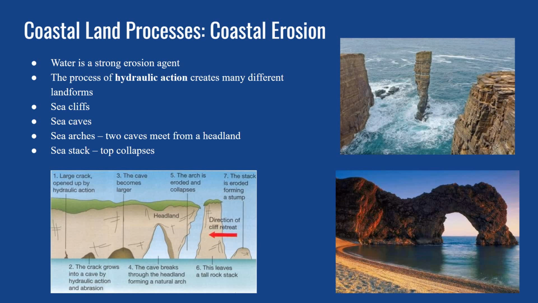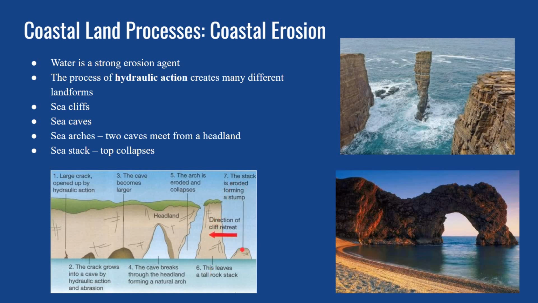Often they form in this succession when you get the erosion of a headland. So first you get a crack. A crack grows into a cave. A cave will grow into an arch. And then eventually the top of the arch will collapse, forming a sea stack, and then eventually the stack will